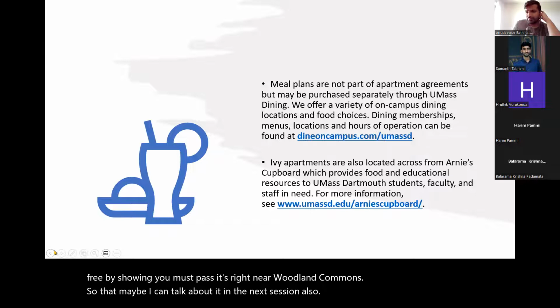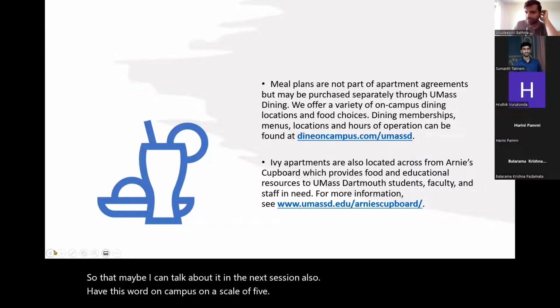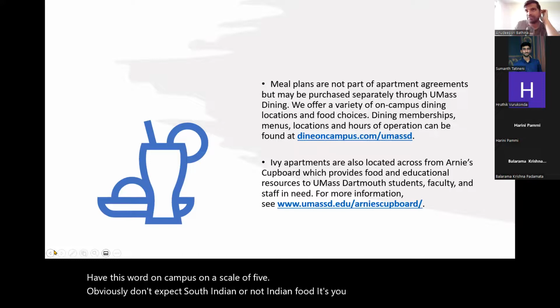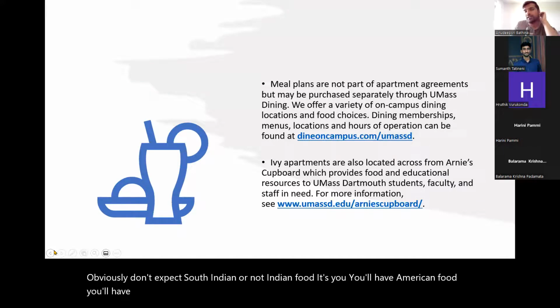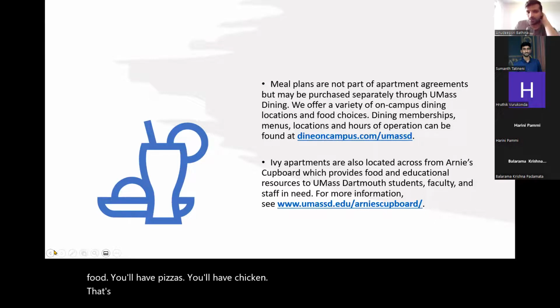How is food on campus on a scale of 5? Obviously, don't expect South Indian or North Indian food. You'll have American food. You'll have pizzas. You'll have chicken. That's what I ate. I don't know what others eat, but